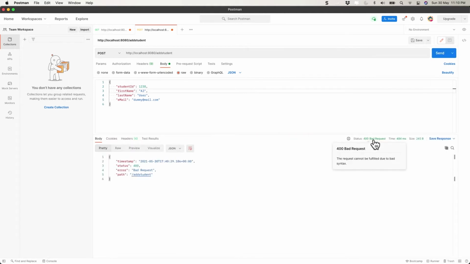Let's see what's going to happen. Okay, so we got the error 400 bad request, but we need to provide a proper exception message, not just a bad request. We need to tell the user what went wrong. So to do that, we're gonna use the ResponseEntityExceptionHandler. The reason is we are gonna modify the response which we are sending back to the user, so we need to override some method in the ResponseEntityExceptionHandler.